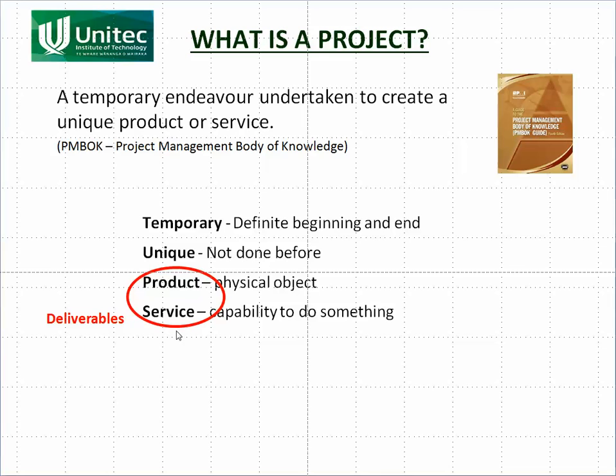So for example, if we're providing a set of design drawings, that's providing a product, but we might be project managing the project as well, so that would be providing a service. So if there's nothing physical that comes out of it, but you're still doing something for someone, then that's a service. Now the product or services that we deliver to the client, so for example we deliver a road when we've constructed it, or we deliver a building or a set of design drawings, those are called deliverables, the things that you deliver to the client.